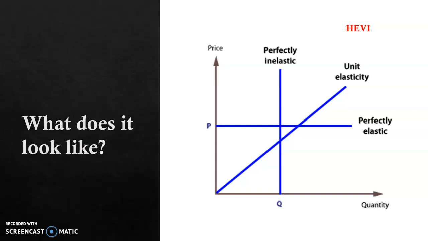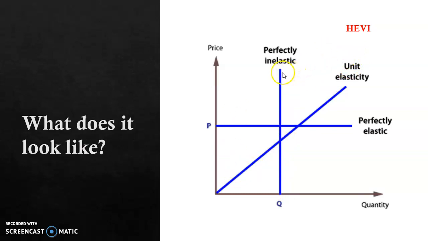You'd have to think about the elasticity of supply for a good if you're thinking about making a policy about it. And one of the key things you can do is, if you know what the supply curve looks like, you can get a really strong hint as to what the elasticity is. So we've got here, as I've explained to you before, horizontal elastic, vertical inelastic. This is perfectly inelastic because it's vertical. The price could go up, but there's only a fixed amount of supply, and so that's vertical inelastic.